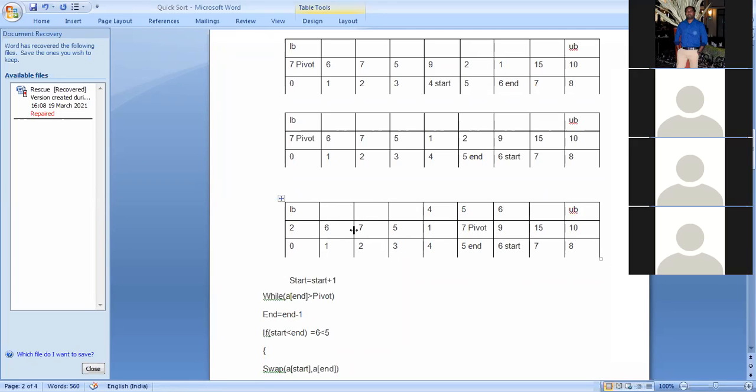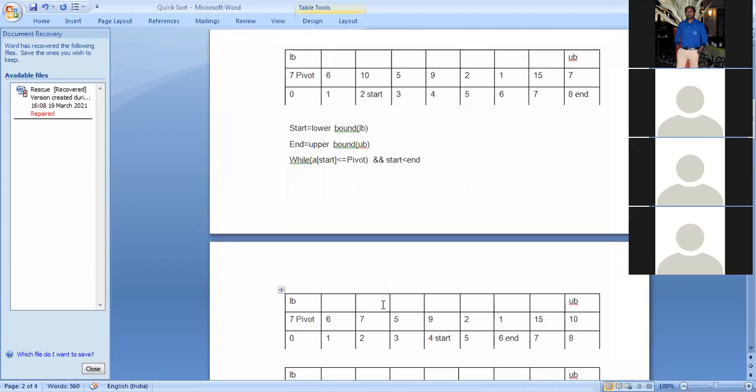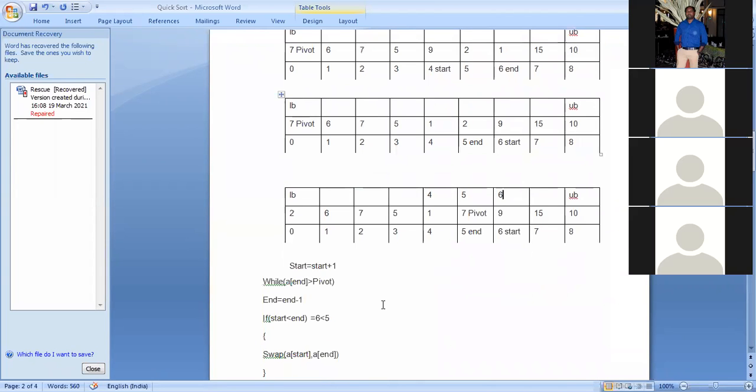So same thing will repeat. So again we'll here also choose this one as a pivot element. Again 2 position is fixed. Then again 2 parts, a lower bound and location -1. So here also 2 parts, then here also 2 parts. So in this way, same thing will repeat, and finally we'll get the sorted array. So this is the basic concept of quick sort.